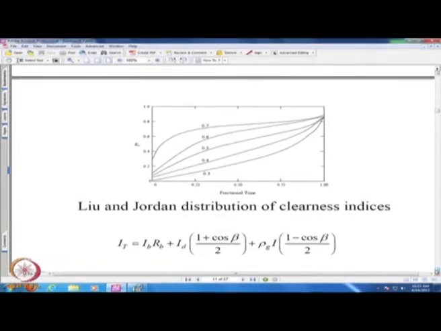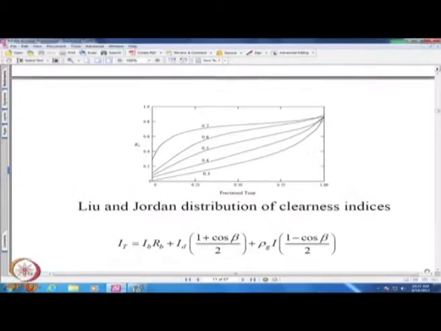So, this is a very good piece of information, and this has been found to be applicable even for the so-called hourly distribution of clearness indexes. In other words, replace the capital K T bar with small k T bar and capital K T with small k T. So, for a particular hour, 7 to 8, let us say, if you have an hourly clearness index average of 0.7, I will have 30 or 31 daily clearness index values and the corresponding hourly clearness index values, which can be read off from this.